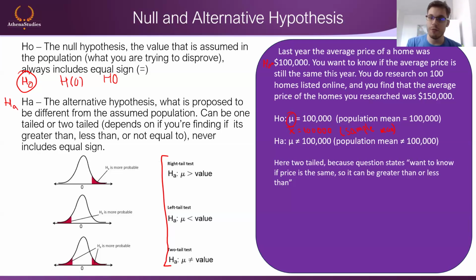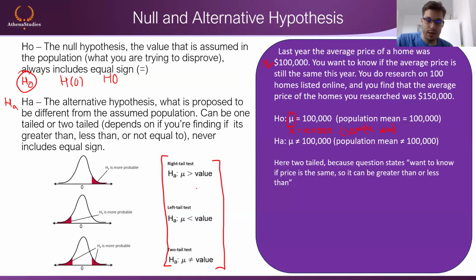It can only tell you if you're dealing with something that's not a value. It's telling you it's not 100,000, or it can tell you perhaps it's bigger than 100,000, or smaller than 150,000. So you cannot really pinpoint specific data points. I mean, you can, but not with this level of statistics and not this easily. That's advanced stuff. For now, whenever you have a certain value that the examination or assignment asks you about, we always use these three expressions, never anything else.